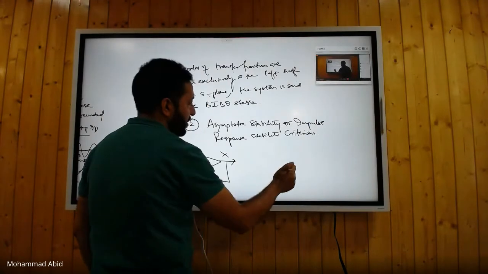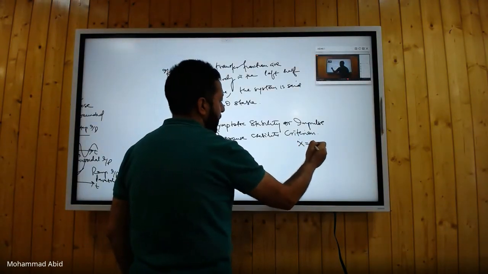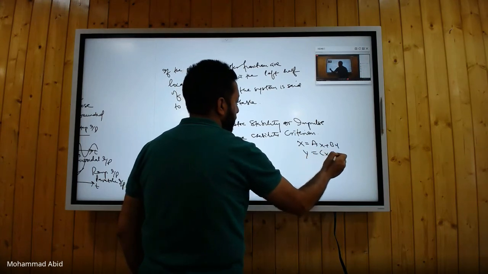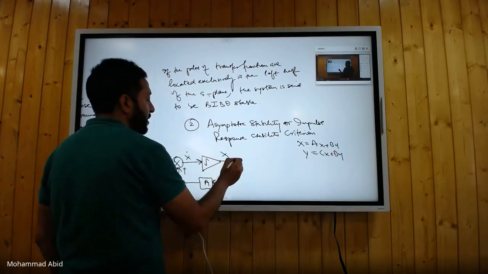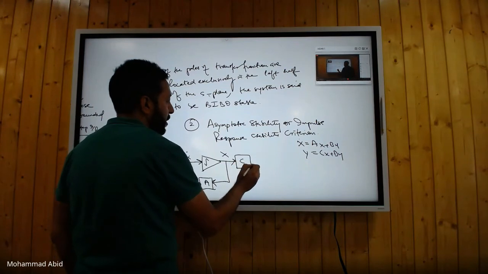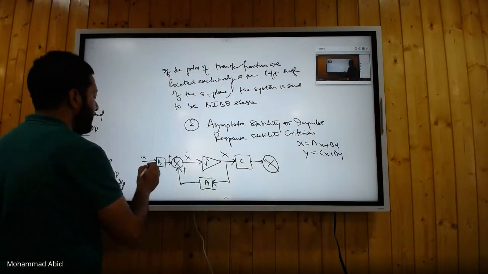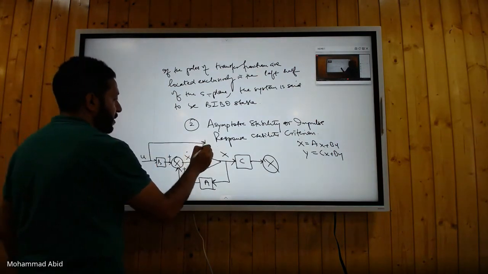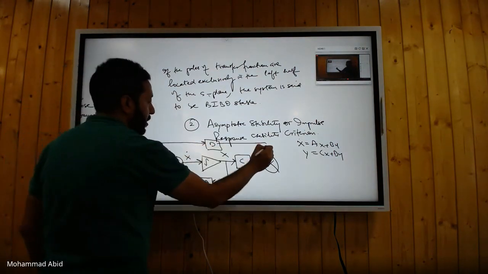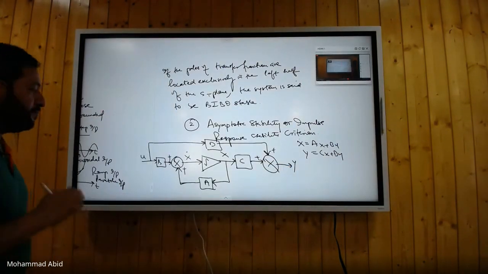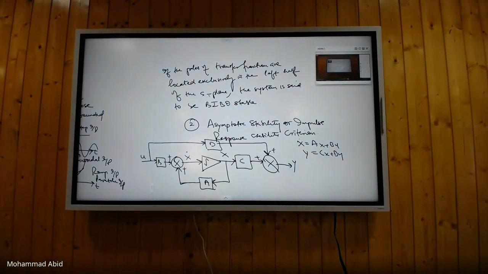Then you have y equal to cx plus du. So this is x dot equal to ax plus bu, y equal to cx plus du. So this is x here multiplied by c, and it's to be added to du. It's like this. It's d here, plus, and this is plus, and this is y. Isn't it? Is this diagram clear? जी सर।